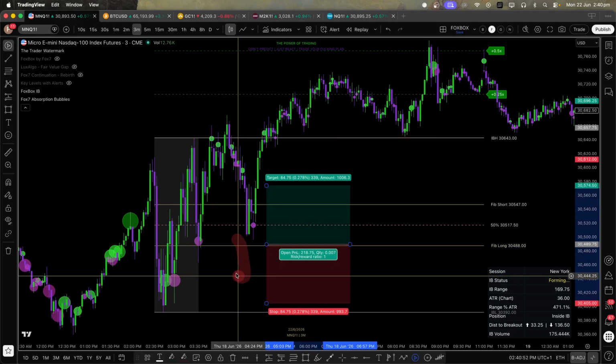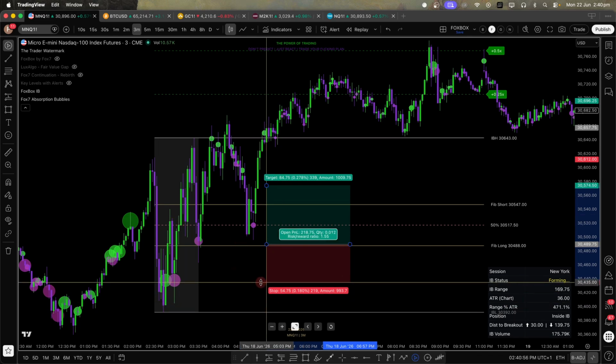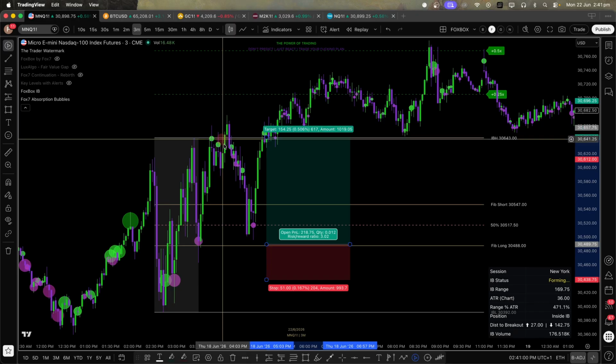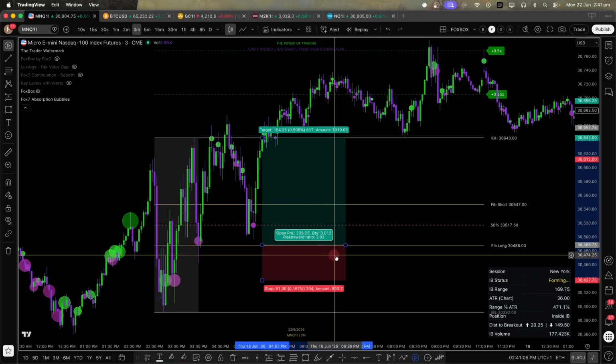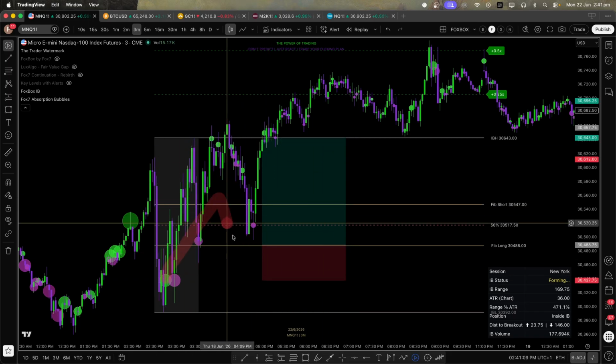But the entry model would be if the candle closed below after the range is set, which is shown by the grey box, my stop loss would be 50 points. And as long as the initial balance gives me at least a 1 hour trade, in this case, it gave me a 3 hour trade potential. And this is a 58% win rate of only taking longs